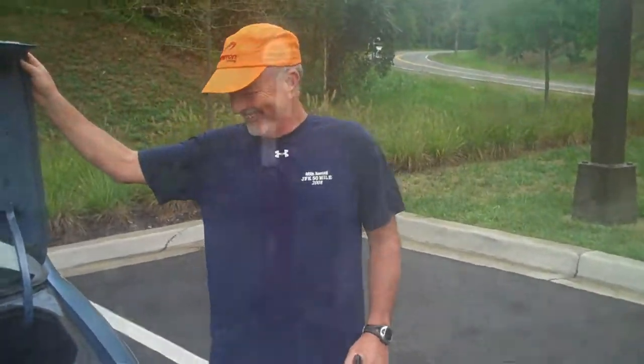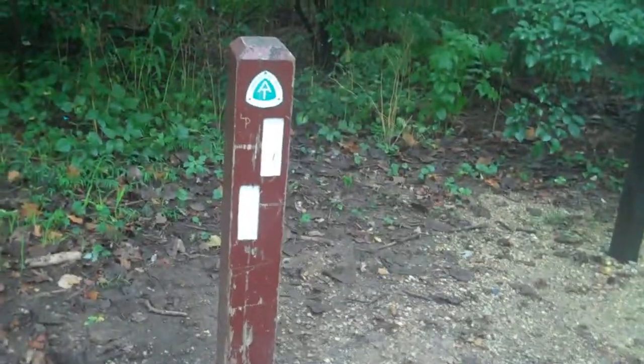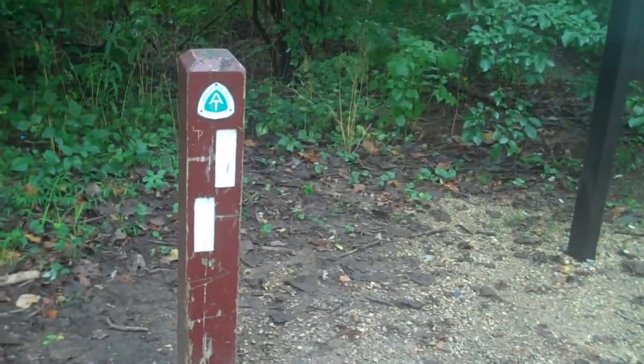Yeah, another 2.5 miles. This is like Horton miles for the day. We have reached the canal towpath. This is the C&O Canal,